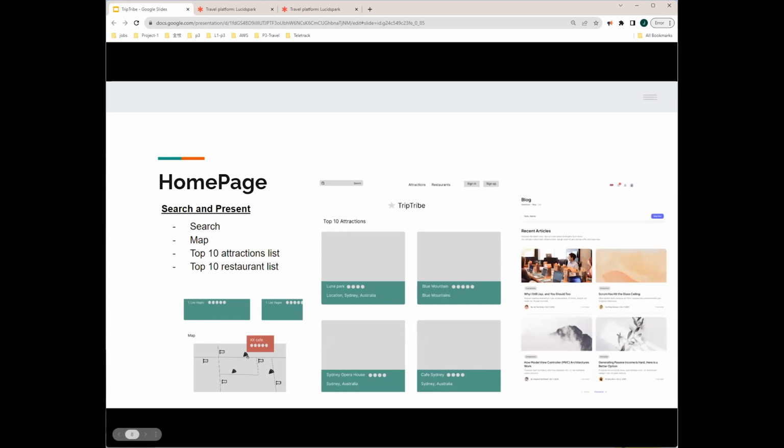So the homepage, as you can see, these are the details. As mentioned before, the main feature of our homepage is search and present. In order to accomplish this function, we created a clean and simple style search bar at the top left corner of the page, as you can see, which is very easy to use and navigate our users to the information